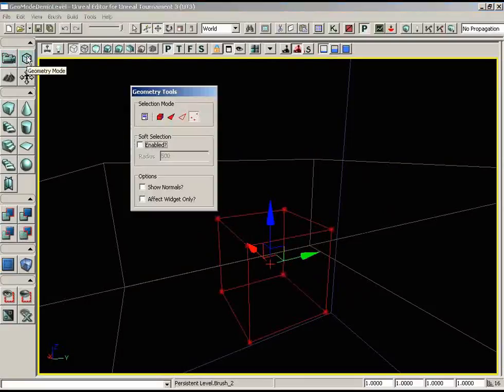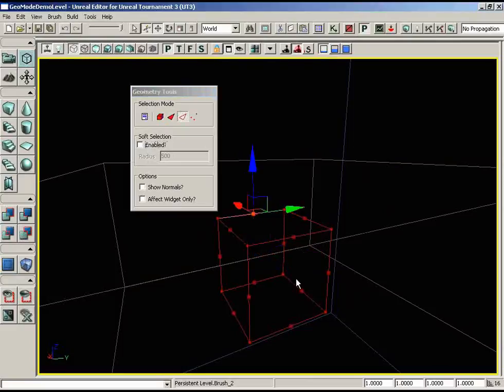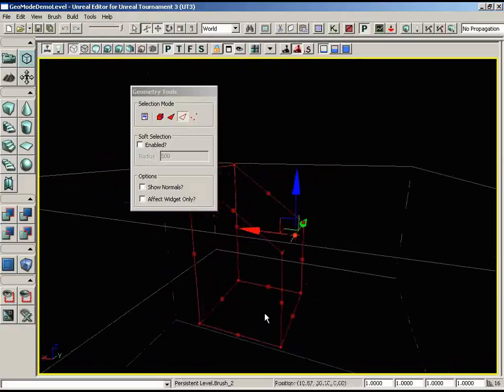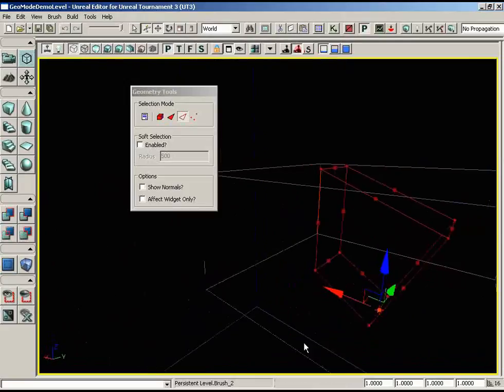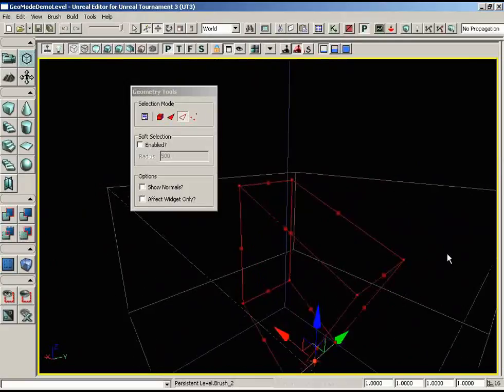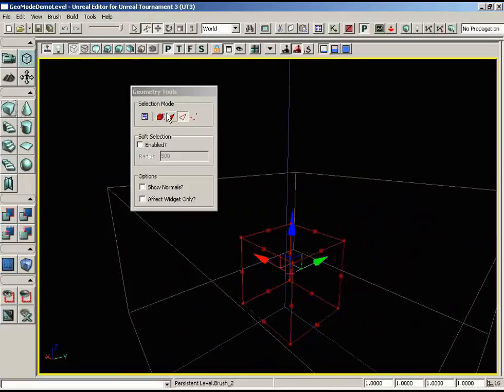Now if we go back into geometry mode, I'm going to jump us over to edge mode, and this puts a handle in the middle of all of the edges of my brush. And this is pretty much the same thing that we had a second ago with our vertices, and now I can select these handles and thereby select this edge and use my various widgets to move these edges around and thereby change the shape of the brush. So we can pull this edge out, maybe grab this edge and pull it down, and it's just a way to quickly and easily get an irregular shape. So let's go ahead and click on our cube button and reset everything,